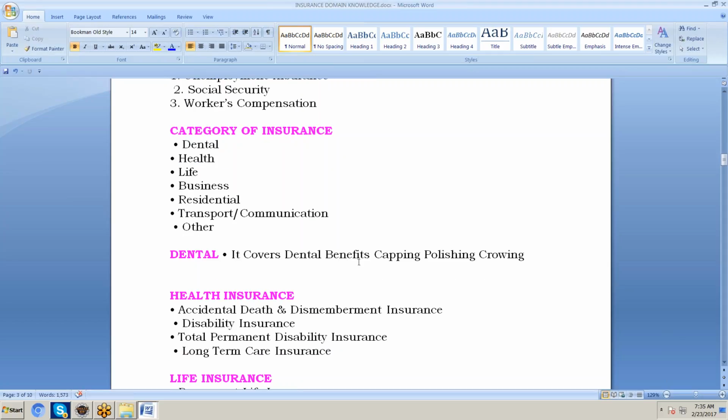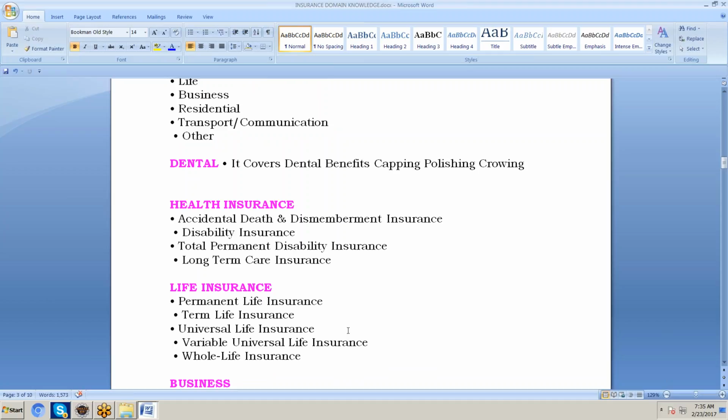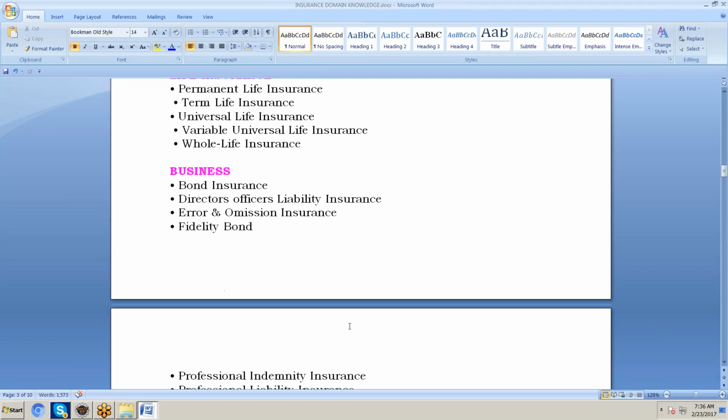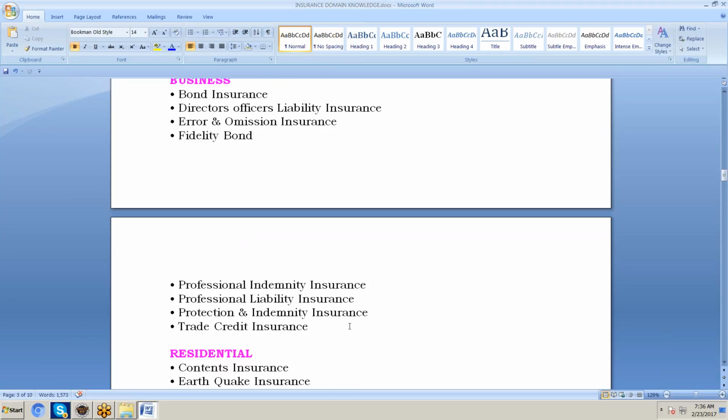Dental insurance covers the dental benefits: capping, polishing, crowning. Health insurance, accidental death and dismemberment insurance, disability insurance, total permanent disability insurance, long-term care insurance. Life insurance: permanent life insurance, term life insurance, universal life insurance, variable universal life insurance, whole life insurance. Business insurance: bond insurance, directors and officers liability insurance, errors and omissions insurance, fidelity bond, professional indemnity insurance, professional liability insurance, protection and